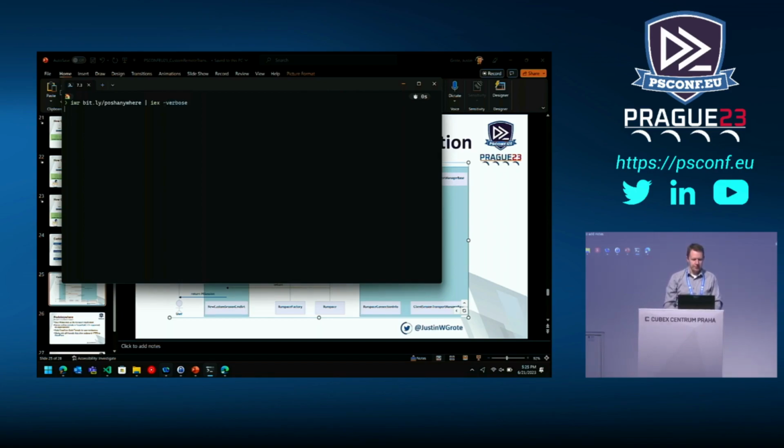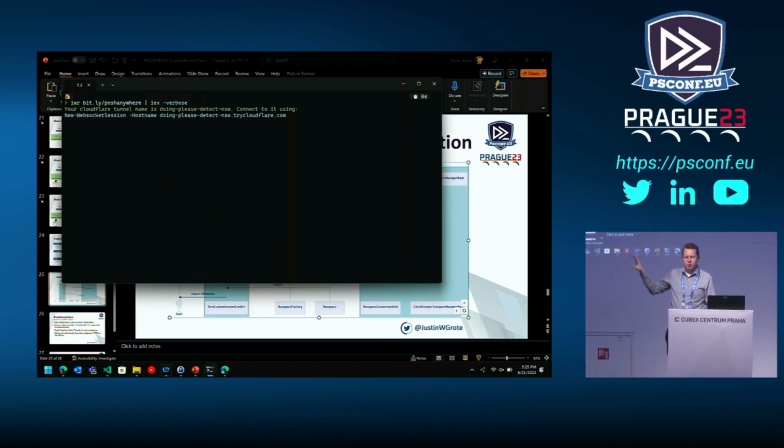starts this server. Now what it does is it starts up a server. None of this has anything to do with the custom transport at this point, but what it's doing is it's looking in my PowerShell, finding that named pipe that I told you about earlier and using that to talk to this PowerShell instance that's currently running. If I did $PID and the process ID was 5217, it's the same process. So it's connecting to that named pipe, and now that it's got a connection so it can do remoting,